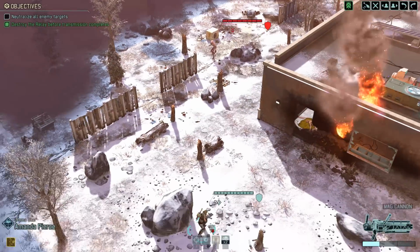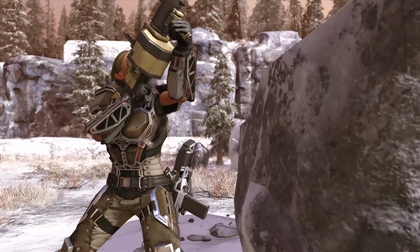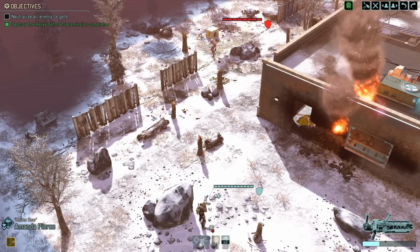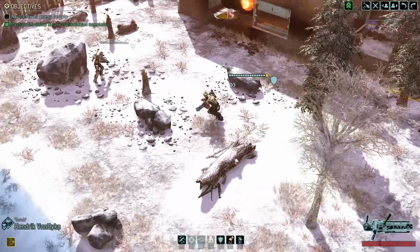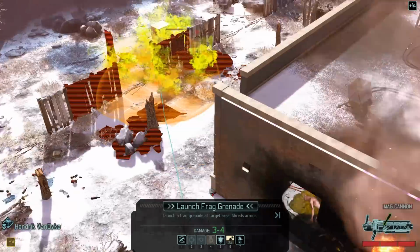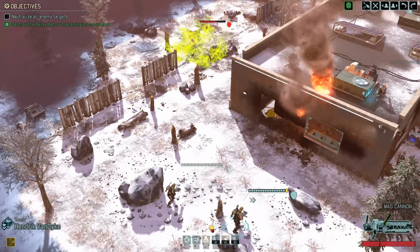Acid grenades on the sectoid. Dead center, there's no spread, it's just gonna do as much damage as she can. And bang! Knocked 3 points off it, leaving 5 points left. It will take damage every round, but there's also no more cover left. Hendrik van Dyke, he has a frag grenade that will hit this thing as well, so we're just throwing grenades